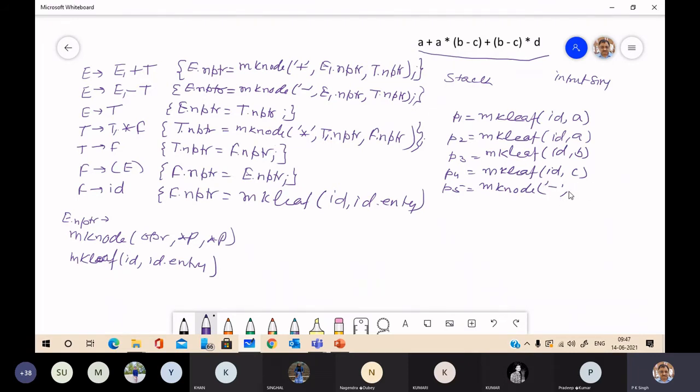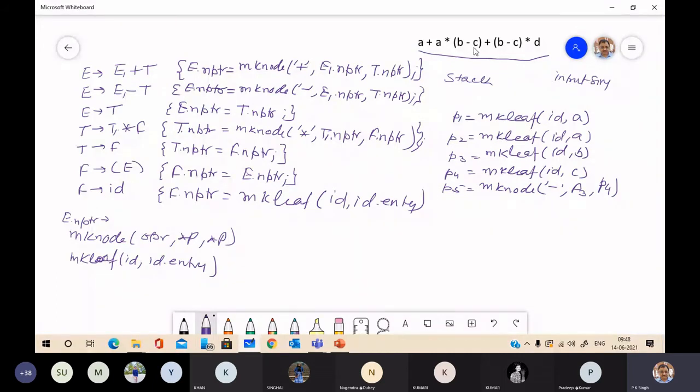What is EPTR? EPTR is B and TPTR is C. So here you will get B is P3 and C is P4, these pointers.